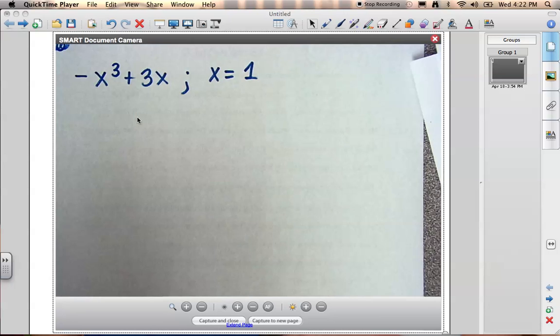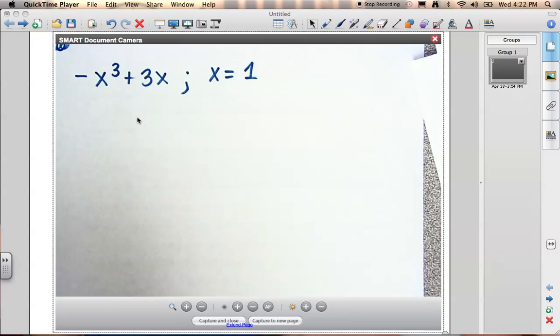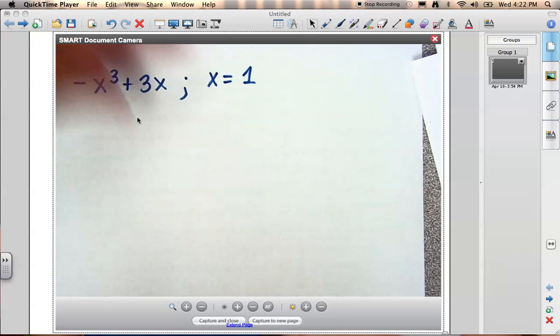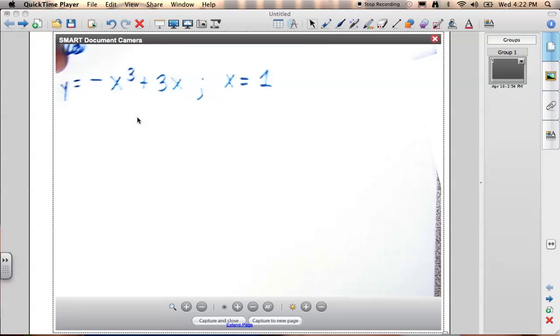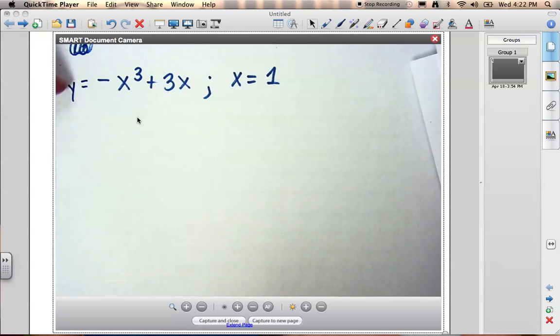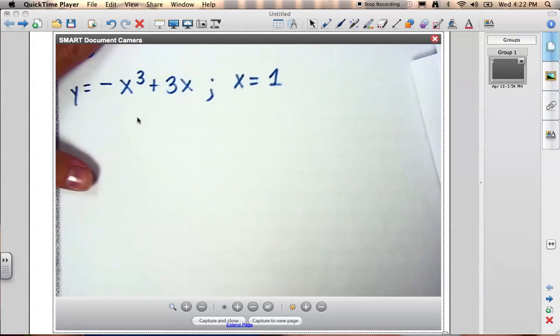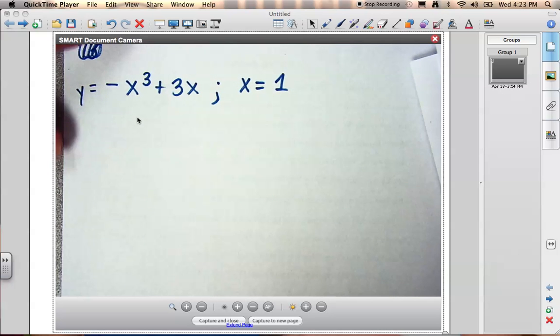Okay, guys, a couple more problems. Negative x to the third plus 3x, and I'm going to evaluate that when x equals 1. So I did forget my y here. I'm going to put that y there. So if I'm trying to find y when my x is 1, how am I going to do that using